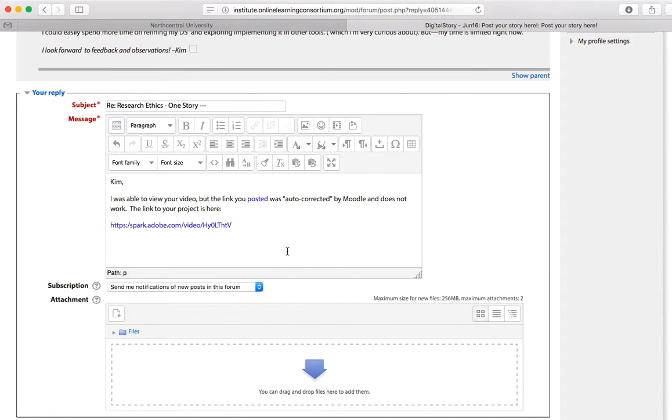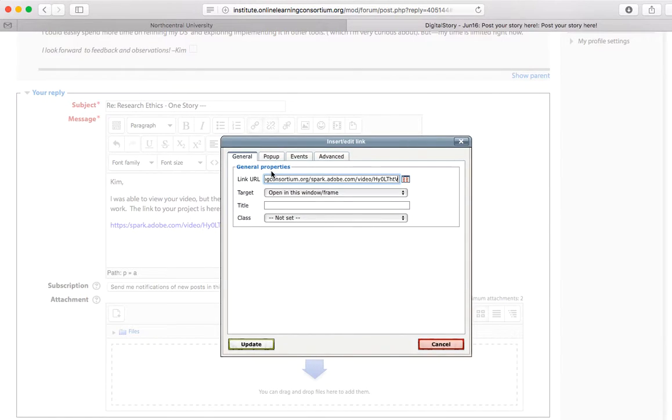There's no error message. There's no problem that the computer is reporting. And yet, when I go back to this link and try to preview it, the computer did help me. It did its best. It actually figured that if I didn't provide the protocol, the HTTP, then I was not creating an absolute URL. I was creating a relative one to the current website that we are on, which happens to be the online